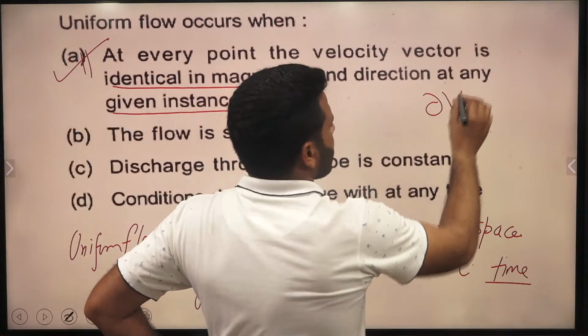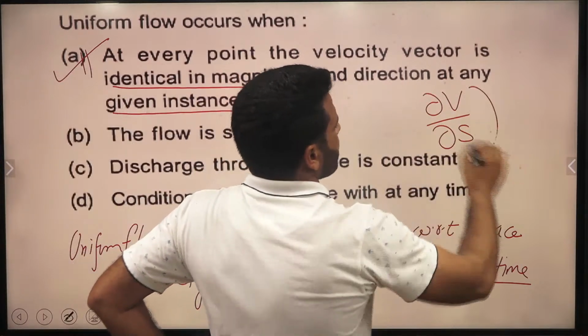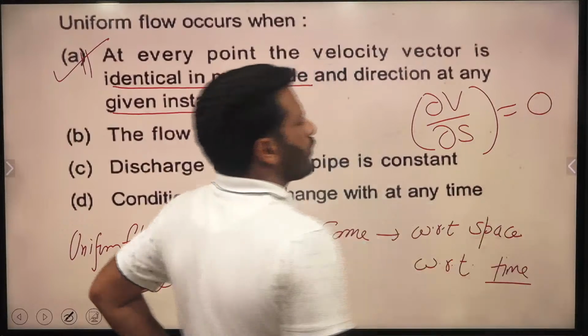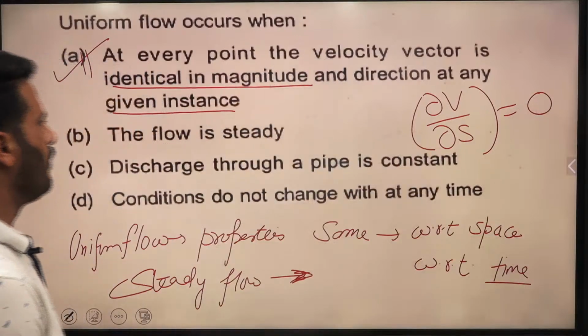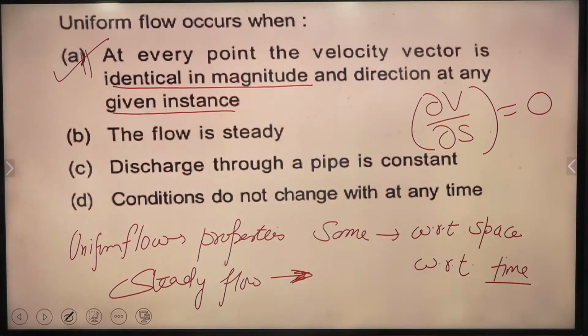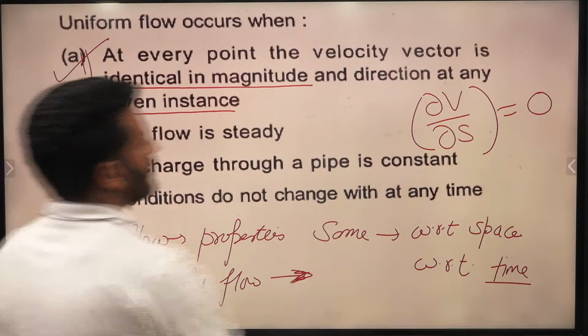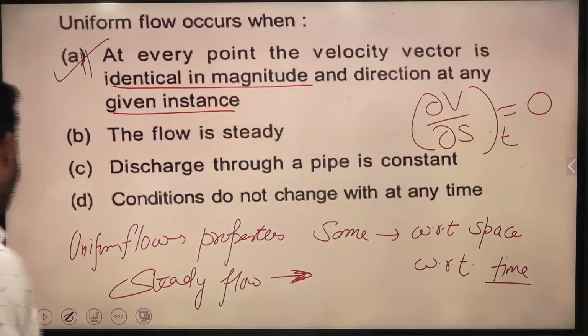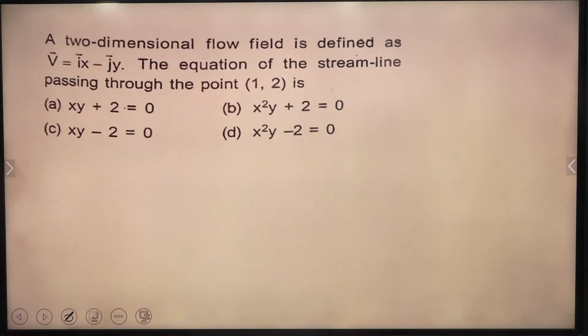If we take the partial derivative of this velocity vector with respect to space, this is constant, so the derivative of a constant we are getting as 0. At a given instant of time, basically, let me say t. Fine. So here's the next question. In the next question,